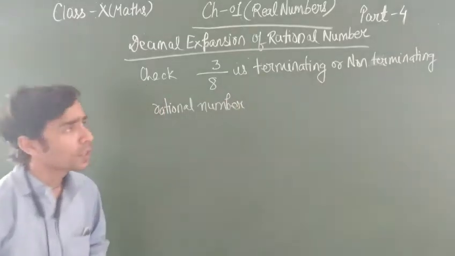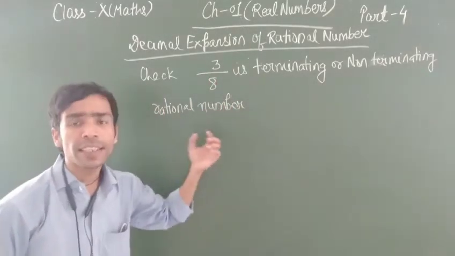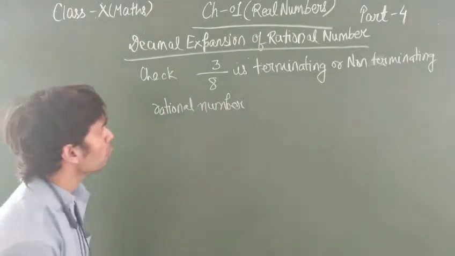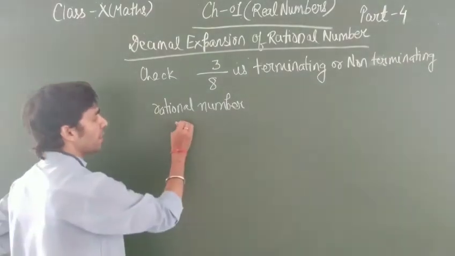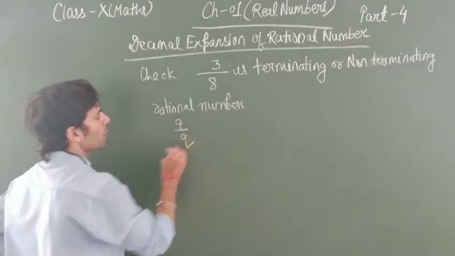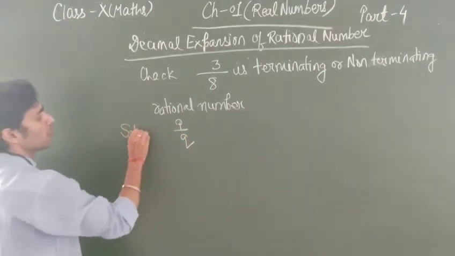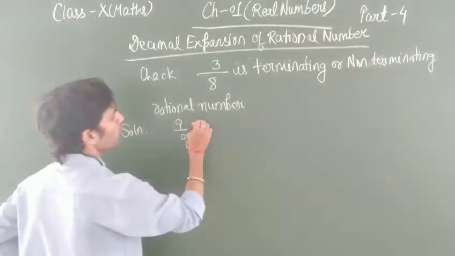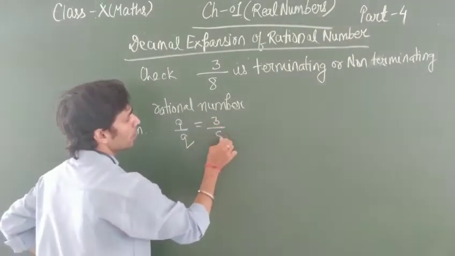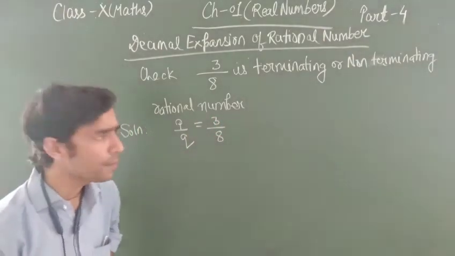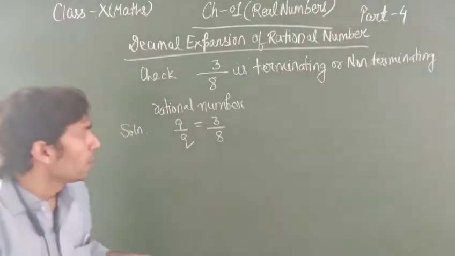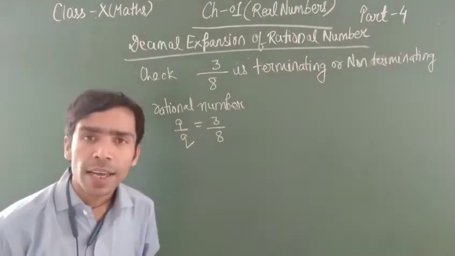So what you do? See, it is 3/8. It means it is a rational number. Okay? So we can represent it in the form of p/q. Suppose this is the solution. Suppose p/q is equal to 3/8. So by seeing this, student, we can say it is a rational number where the numerator is 3 and the denominator is